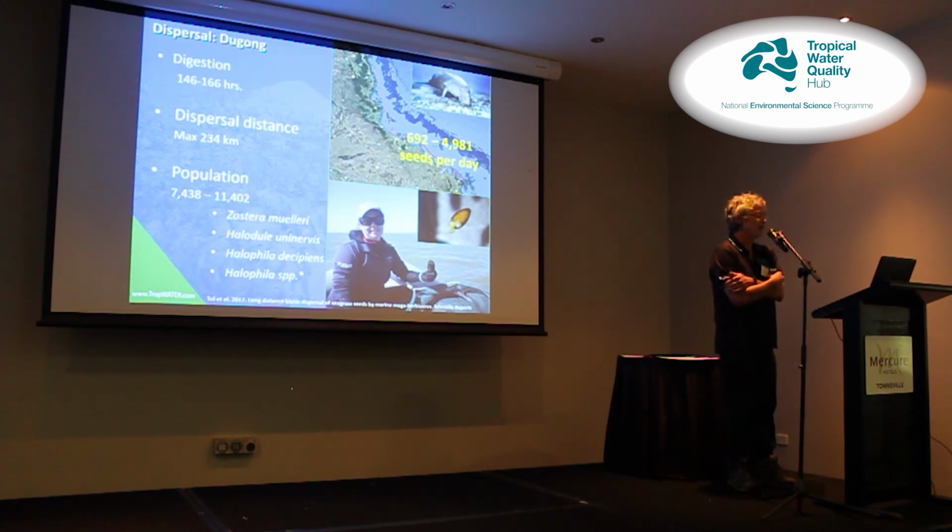I've only put the dugong data up here, but Sam showed that from turtle and dugong poo, from around about, I think it's a gram dry weight of dugong poo, you were getting an average of 1 to 2 seagrass seeds, of which about 10% were viable. So just for dugong, on any one night, you can have anywhere from 600 to 4,000 viable seeds being transmitted in dugong poo. You literally sift through that dugong poo looking for seeds, some of which are microscopic, so quite